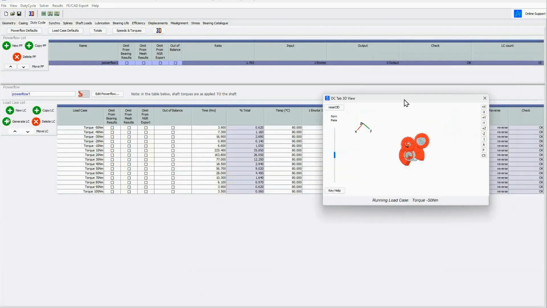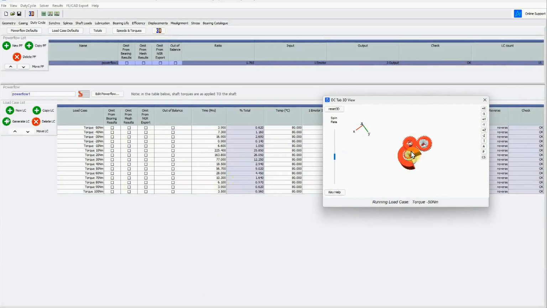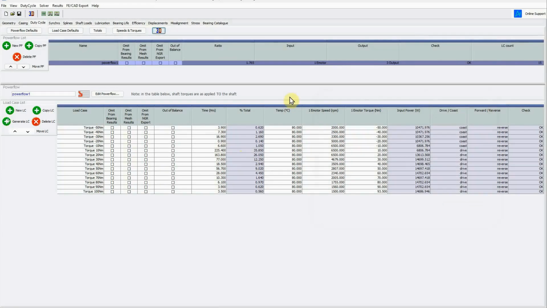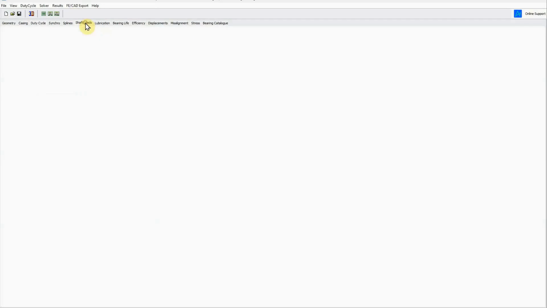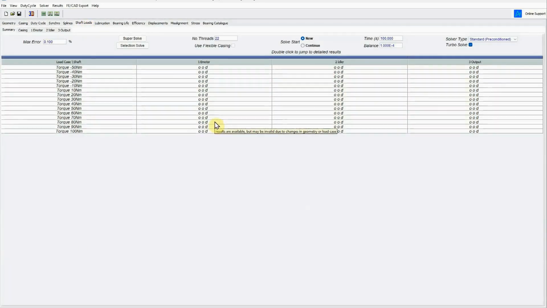Depending on how the duty cycle is derived will dictate the actual required damage limit. In this case, we will accept a damage limit of 80% as the duty is quite harsh with high levels of torque and power. The SABR solver will calculate the damage for all 6 bearings,